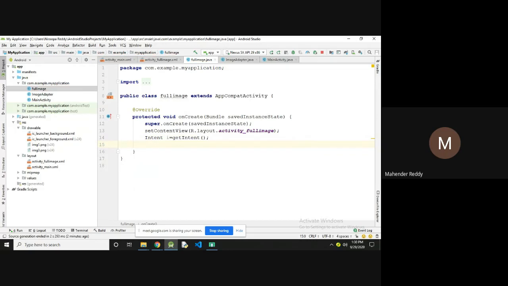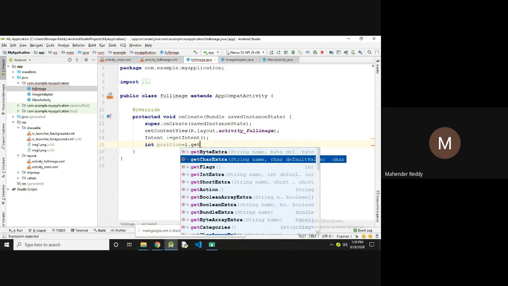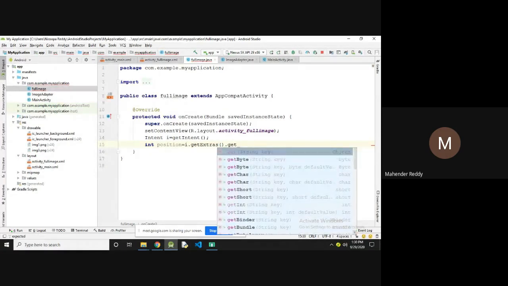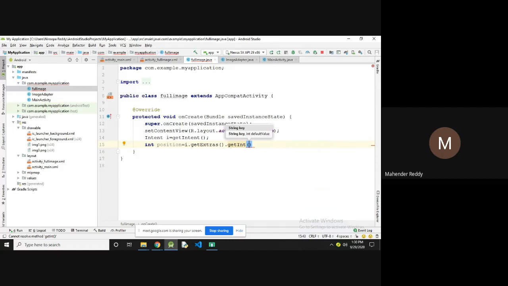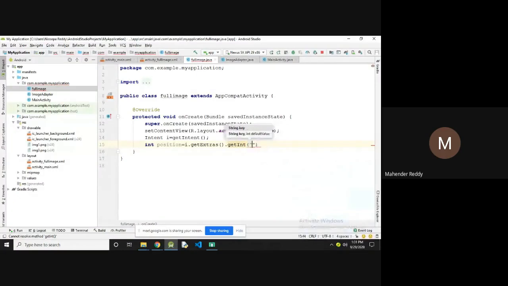Whenever you are passing some values in the intent, you have to use Intent i is equal to getIntent. Then int position is equal to i dot getExtras dot getInt, id.